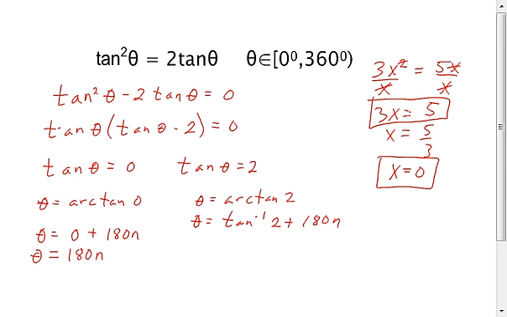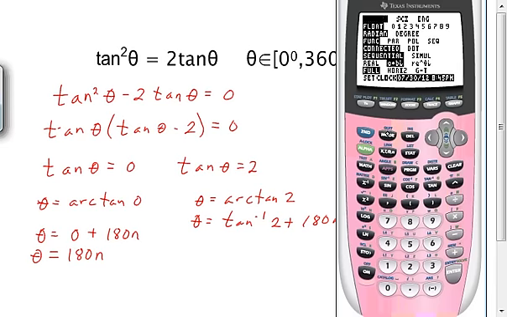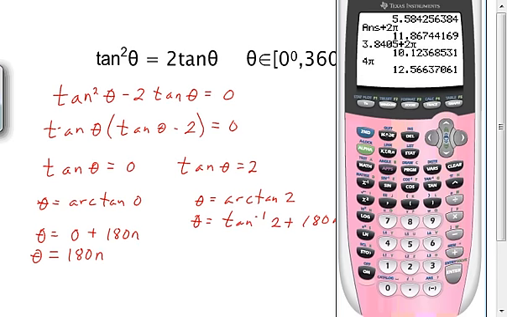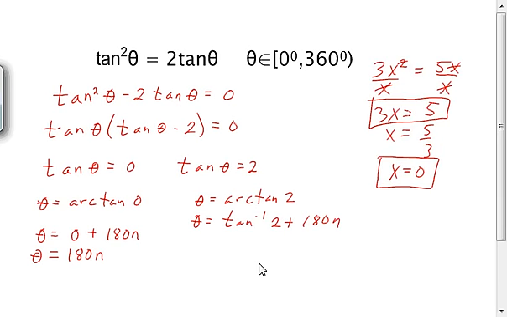And we're doing this in degrees, so I'm going to change my mode again. I'm going back to degrees. Make sure you do that. Inverse tangent of 2 is some angle in the first quadrant, like 63.4 degrees, plus 180n. I want solutions between 0 and 360,